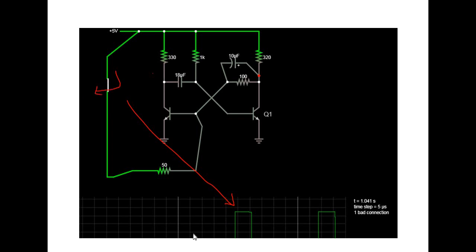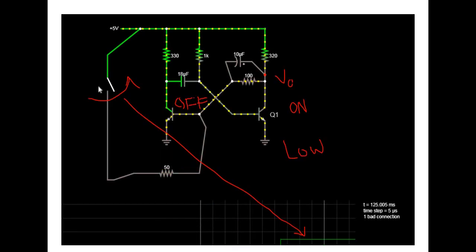Earlier the output is 0. The moment we applied the triggering, the output is high, right? Similarly, if you remove this triggering, that is, without the triggering pulse, Q1 is on, Q2 is off. If Q1 is on, the output at Q1 is low, that's why the output is low. So this is all about the monostable multivibrator.